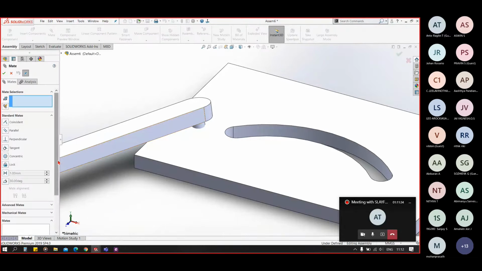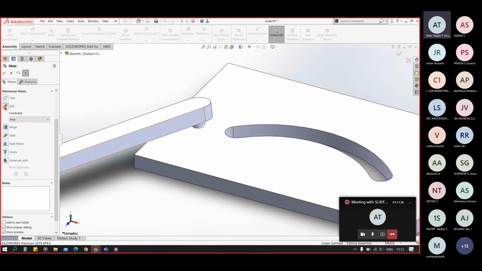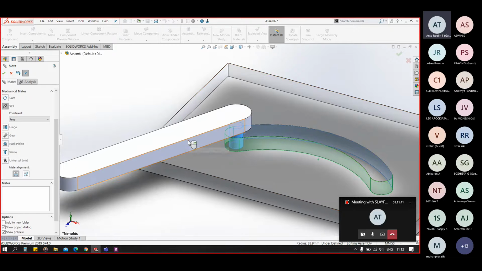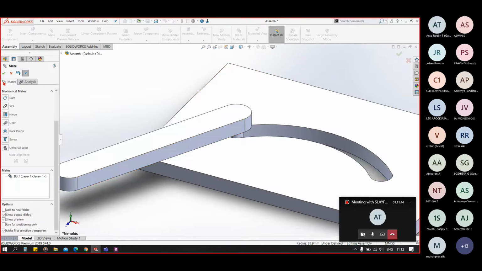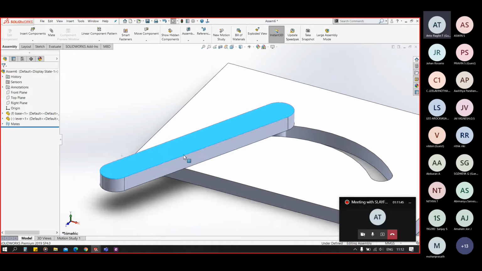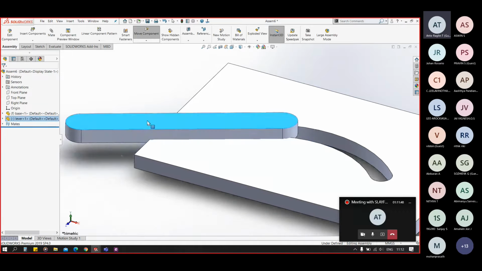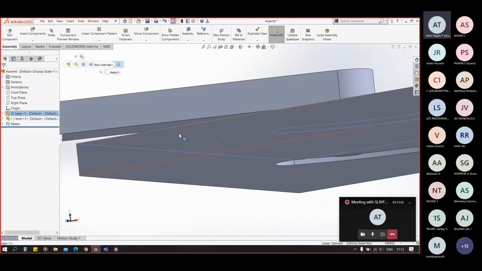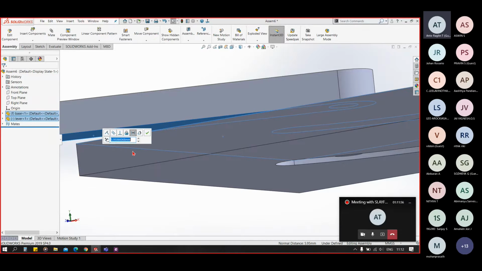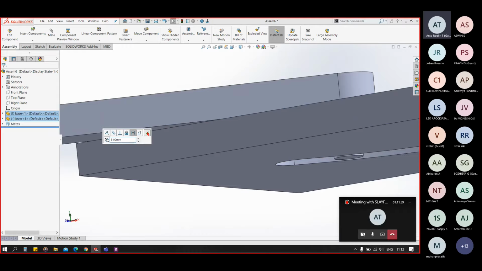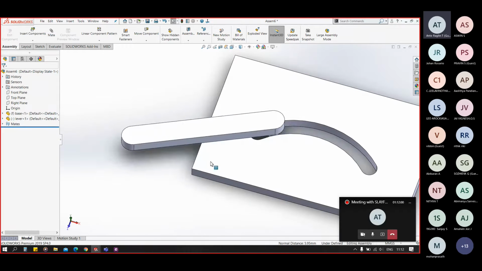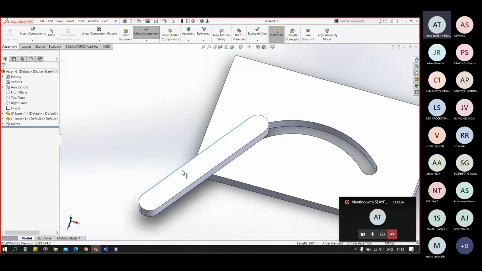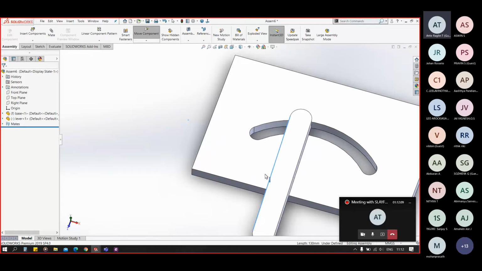Now go to mate and slot tab. Select this slot, select this face, click on OK. Now you can see I didn't lock its motion actually. Let me lock its direction so it will be more clear. Now you can see we are only following our handle in that slot.